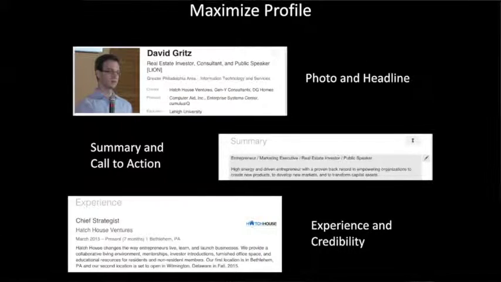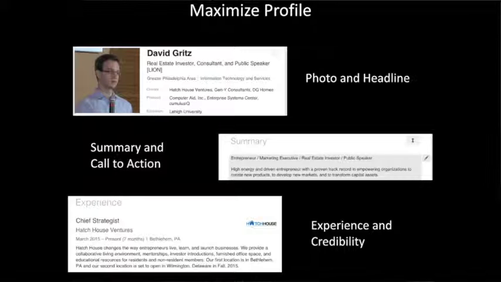So I highly recommend you get a professional picture taken of you, or you have someone like Frank take a nice video from a previous event, and you just take a snapshot and upload it. It's pretty easy, and it makes a big difference, because the people that don't have pictures, I pretty much don't usually connect with them unless they are that person like the CEO of a bank or something like that. But in general, it's important that you have a photo, and it's important that you have a headline that explains who you are or what you do.